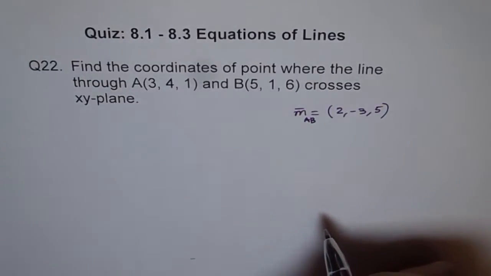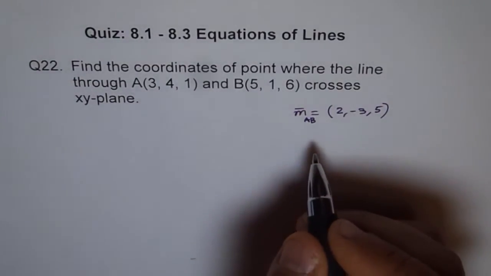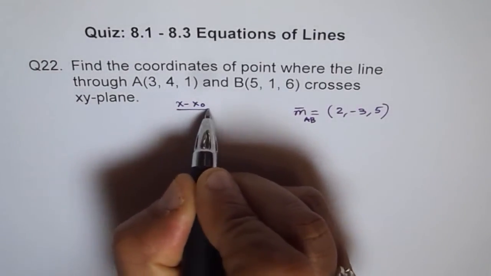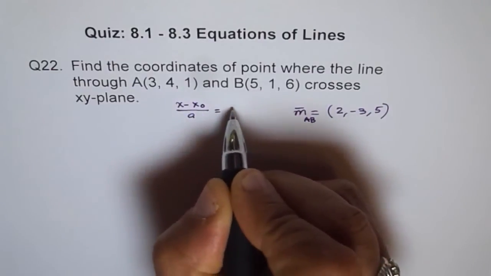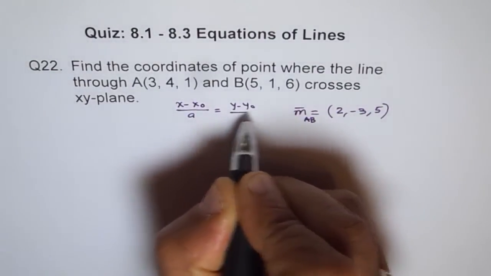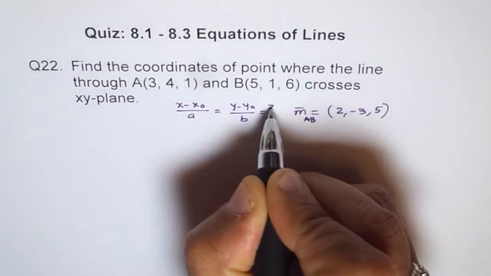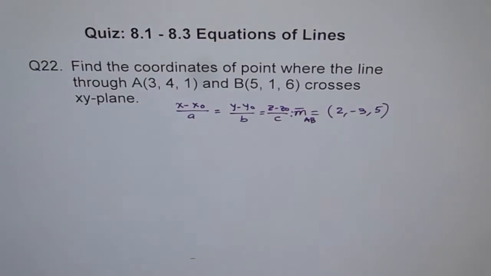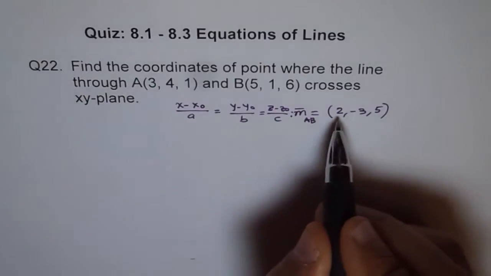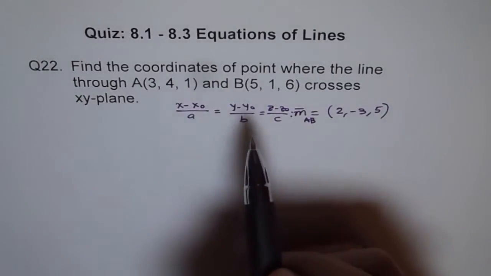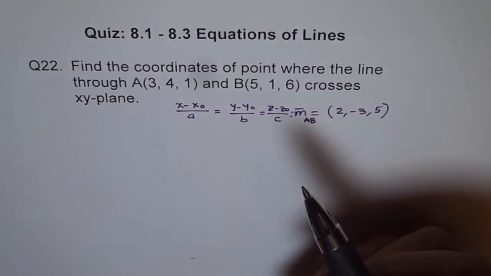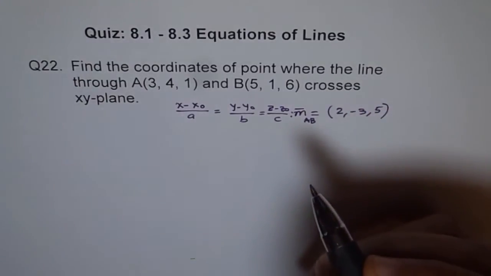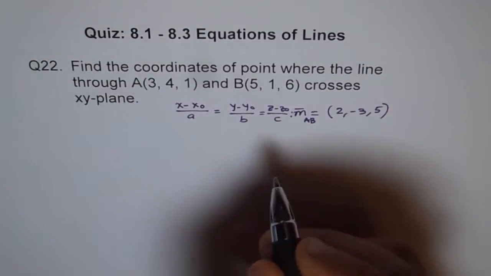Which I can use in symmetric form. I hope you remember the equation for symmetric form. It was (x minus x0) over a, which is equal to (y minus y0) over b, which is equal to (z minus z0) over c, correct? So that's the equation which we are going to use, and this is our a, b and c. We can use any particular point for this. I'll prefer to use the very first point, A, and using that point I can write down my equation as,